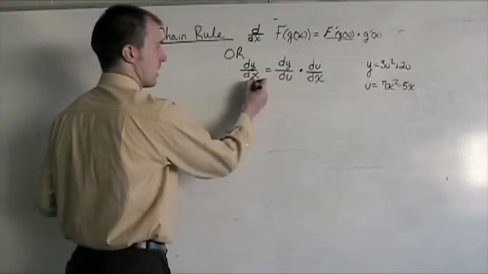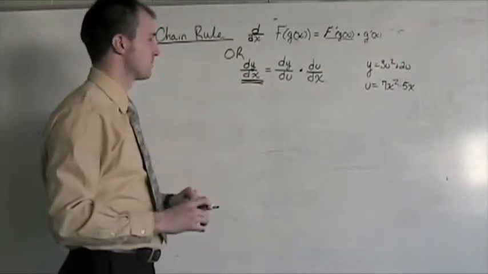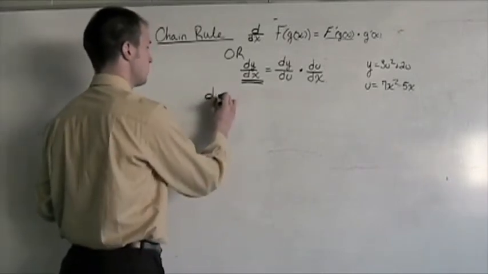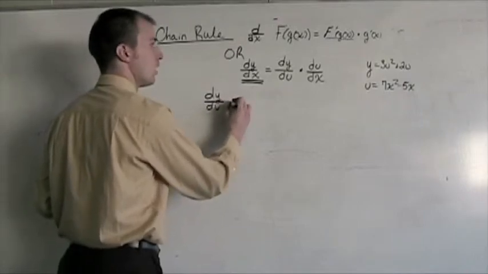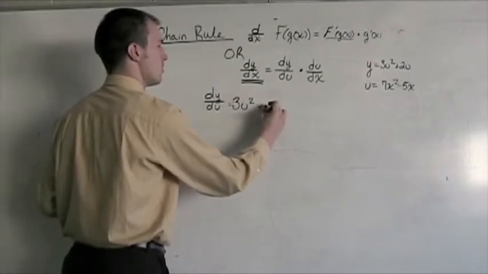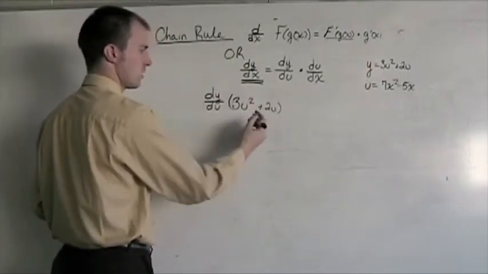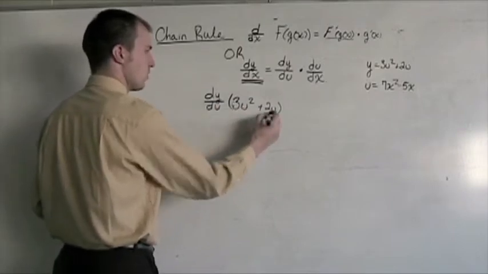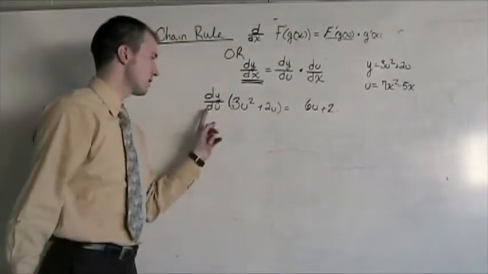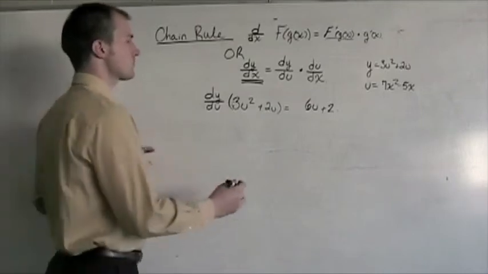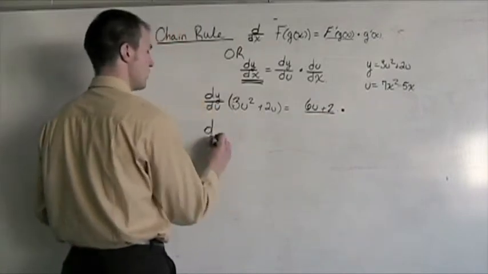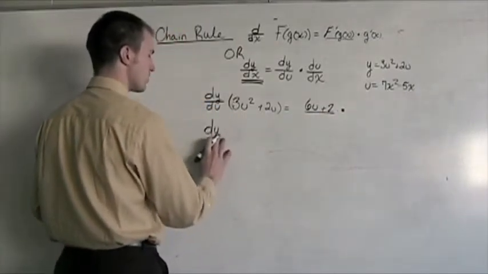So taking each of these, if I wanted to find the derivative with respect to x, I would first take the derivative of y with respect to u. So dy du of the quantity 3u squared plus 2u. I have a sum rule going on here, some other general rules. So this would give me 6u plus 2. Now that's the derivative of y with respect to u. And we're supposed to take this times the derivative of the u function, du